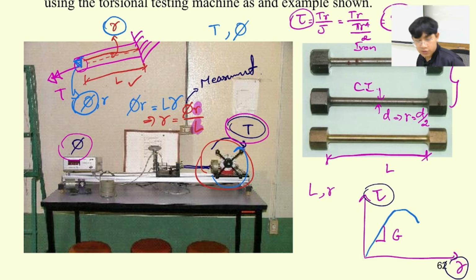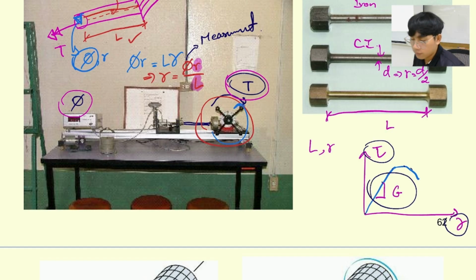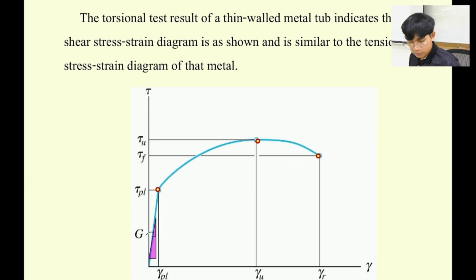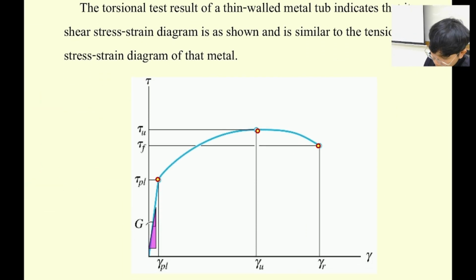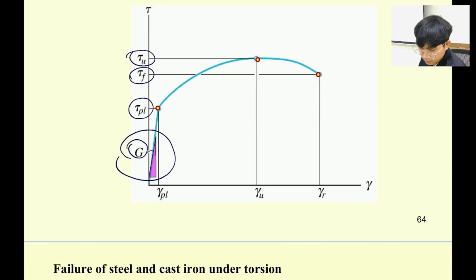Just to brief it in short again. Okay, and then we just plot it point by point, and the final one we're going to calculate is the T value. Okay, similar to what we have taught. So this one is going to be the thing that we plot in the lab. So we find G, we find the proportional limit of shear stress, we find the ultimate shear stress, and then we find the fracture of the shear stress over here. Okay,